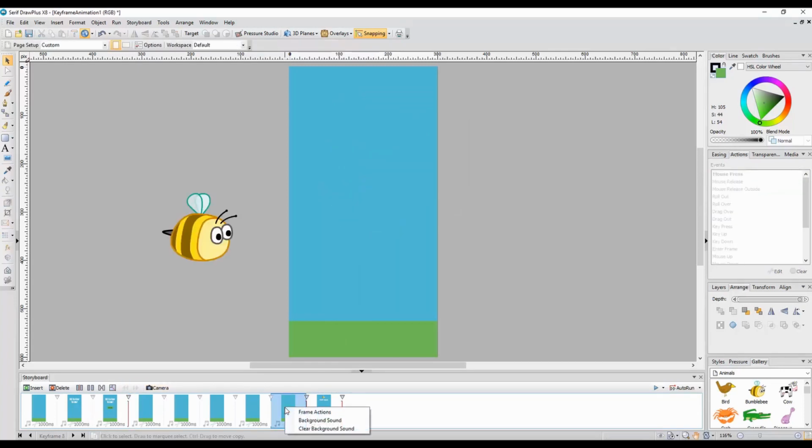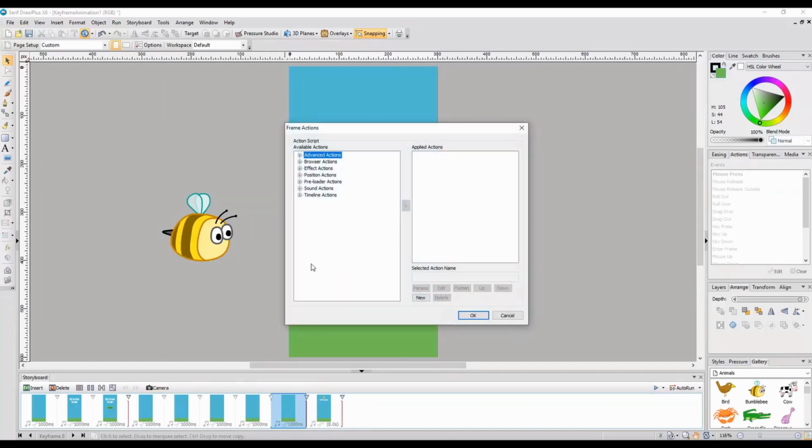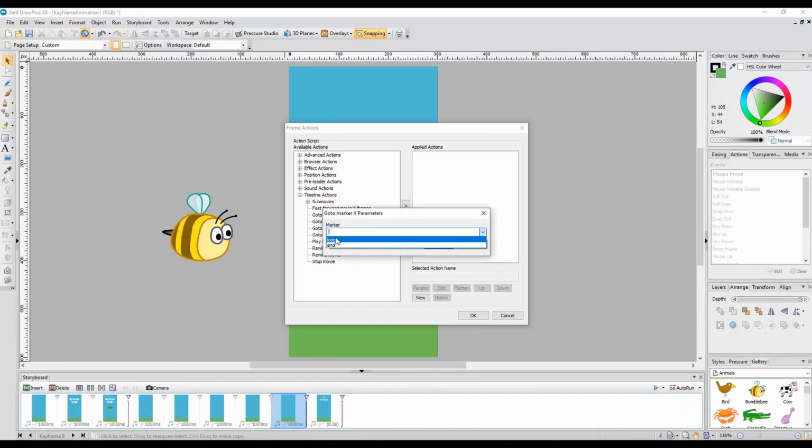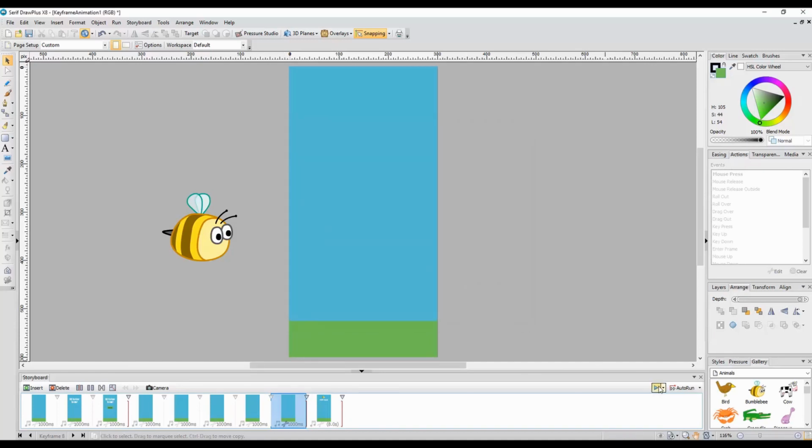So I'm going to right click, go to frame actions, timeline, and then I'm going to go to marker X, and from this drop down now I've got two options. I can either loop or go to the end, but I actually want to loop. So if I click OK again and play this,